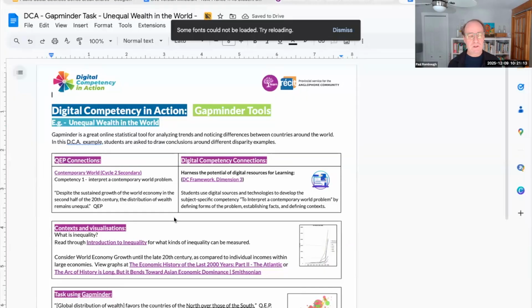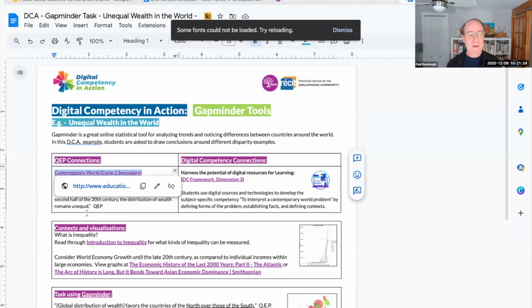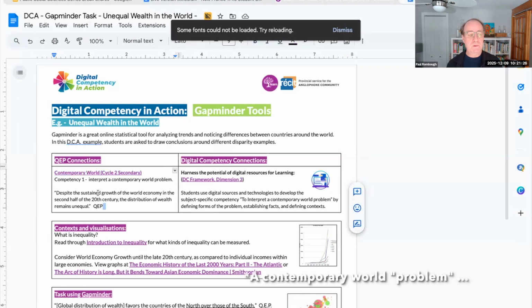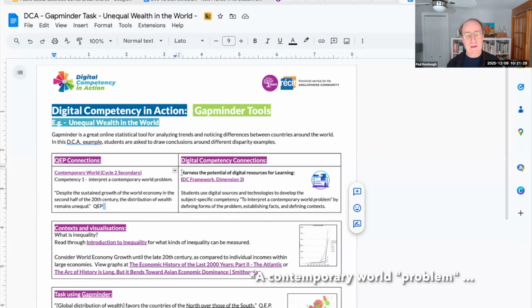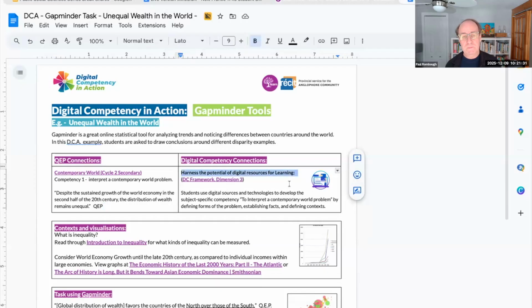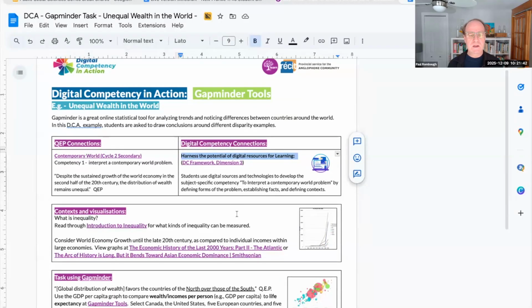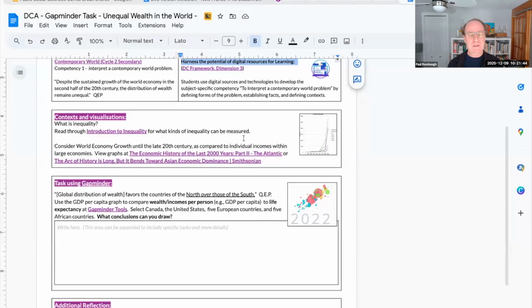The idea is it's a one-pager where it quickly demonstrates the tool in a context. So in this case, the context is unequal wealth in the world, and it's specific to the contemporary world program. And it also has a digital competency involved where students are using digital resources for learning, pretty obviously. The format of these one-pagers is usually I provide a context, sort of how you use it or when. This context is sort of more generic. But in the actual task, I use it to specifically go over